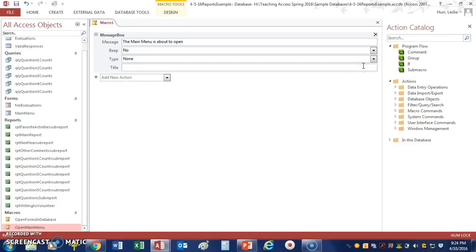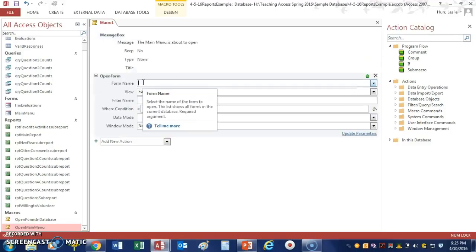And I'm going to turn the beep off, and I don't really need to type any none or anything else. Those are all optional options. And then here I'm going to say open form,